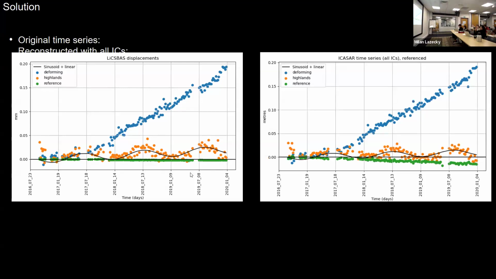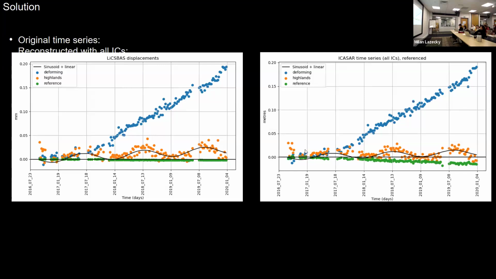So I think what I'm trying to suggest here is that I don't believe this mountain is going up and down seasonally. It's a nice example because it's away from the deforming region, so you don't have uplift and atmosphere stamped on top of each other. In reality, over many years, it has 0 displacement, but it has an apparent movement of a couple of centimeters due to the atmosphere. And then on the right-hand side, we show how you can reconstruct the time series using